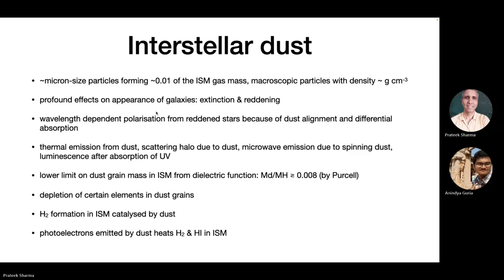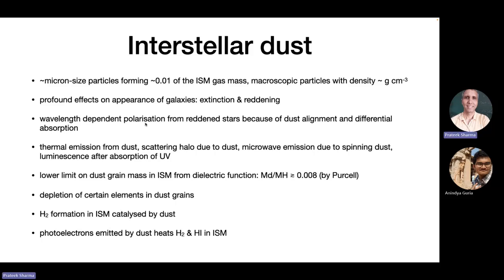Dust can polarize stellar light. The stars are roughly black bodies, and their radiation is unpolarized. But if you have dust in the intervening medium, it can polarize the light of the background stars, for two reasons. One, dust particles are also not spherical; they can have complicated shapes. Let's say they are spheroids or